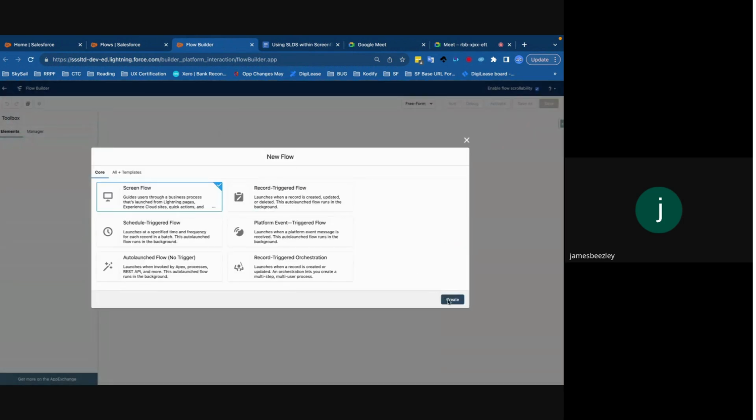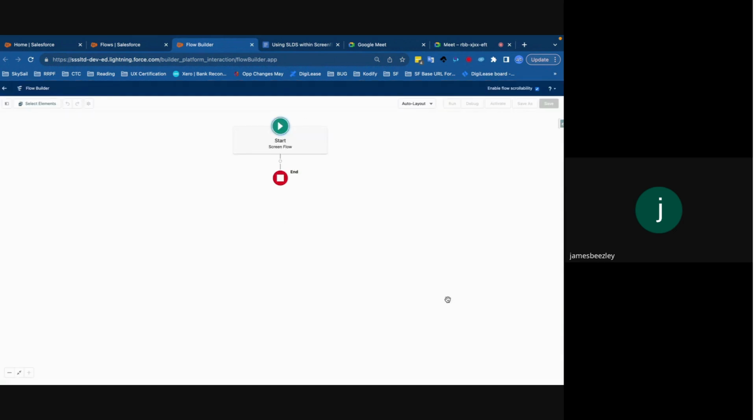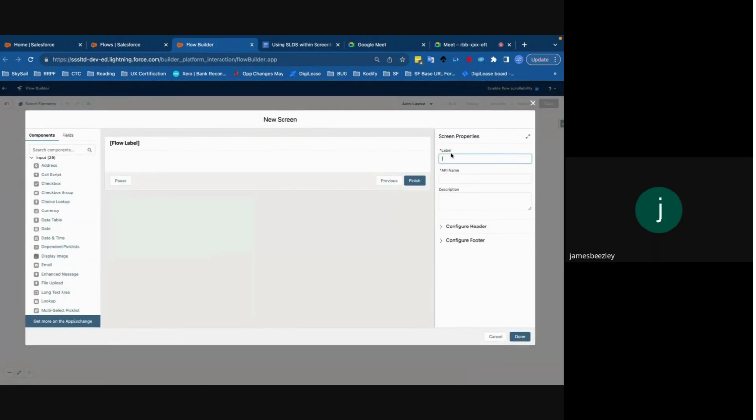Screen flow. And our first component for the screen flow will be a screen itself to say, go and find the accounts or give us the accounts. So it's a new screen here. We'll call it